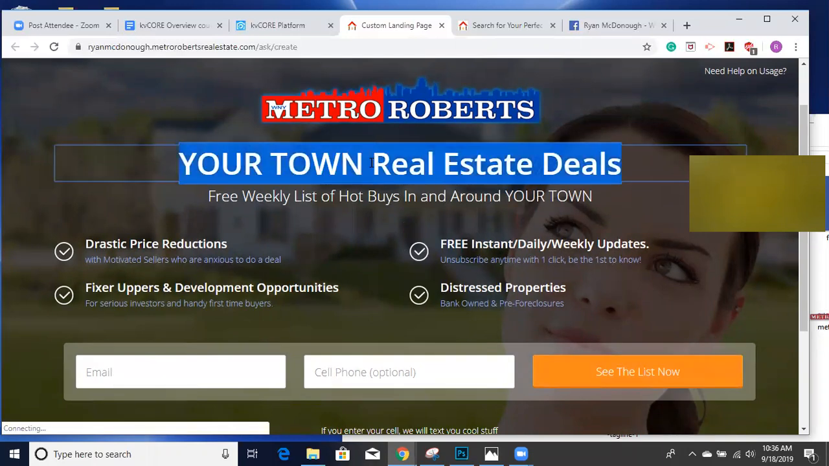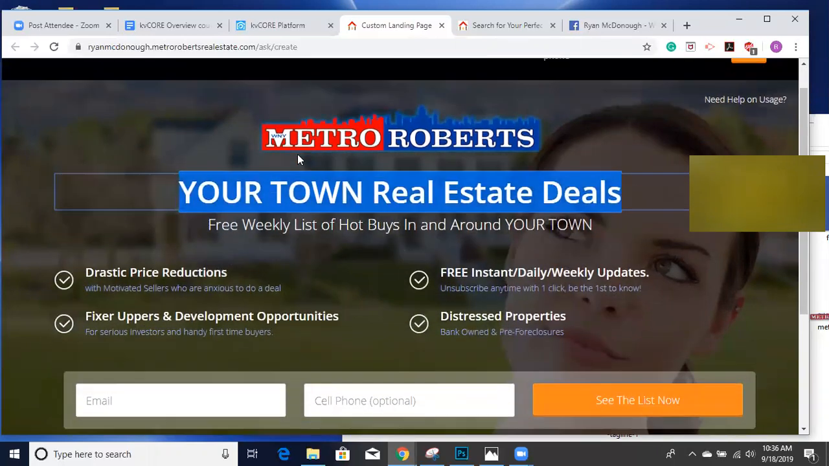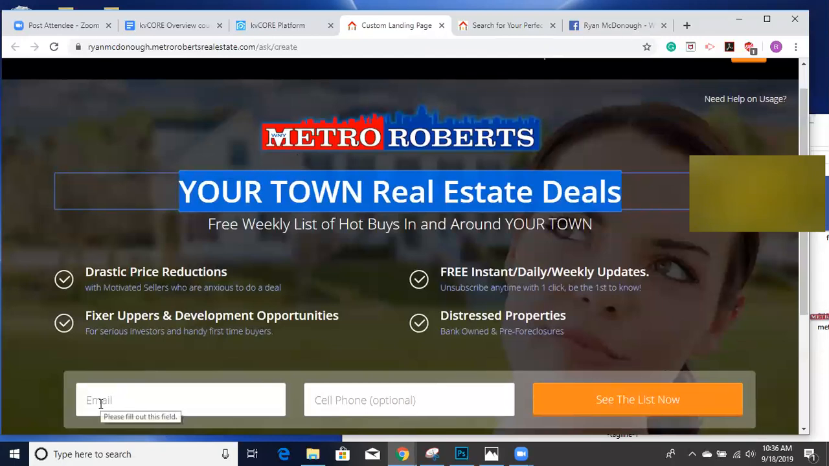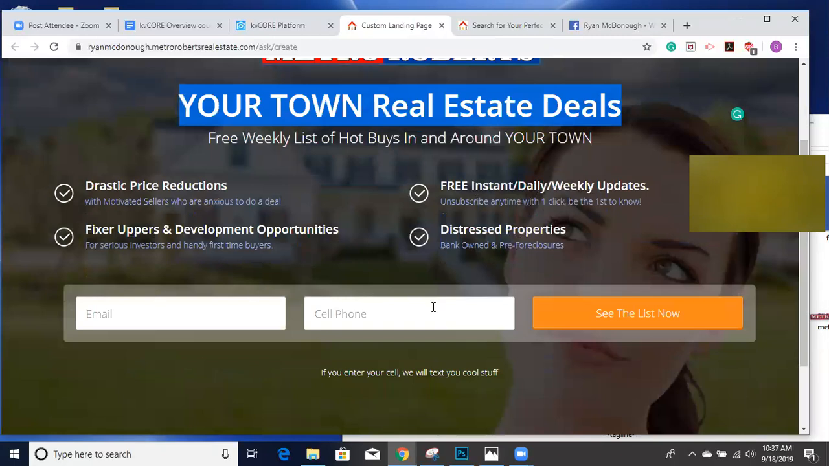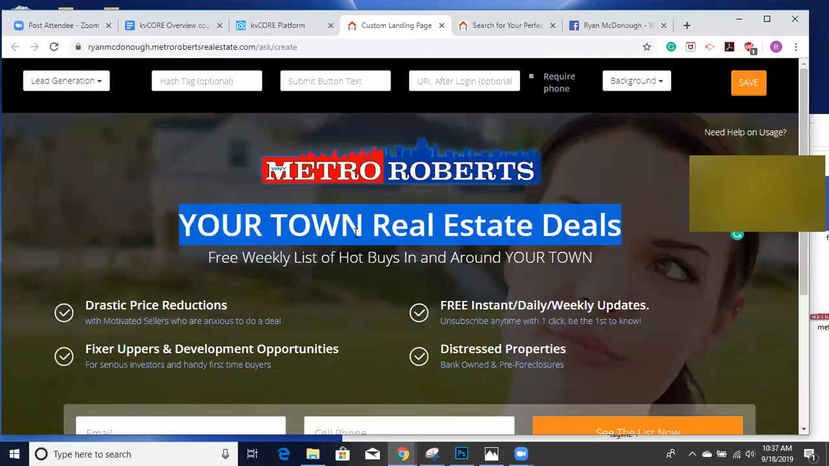And all this stuff is editable. So you could say something like real estate deals in Lancaster, real estate deals in Cheektowaga, wherever. You of course want it to be relevant to this hashtag. And the whole idea is for the person clicking on this to give you their information here, email and cell phone. You can make cell phone mandatory too, so that whoever is opting in is agreeing to all this. They're signing up for these real estate deals that you're going to be sending them,